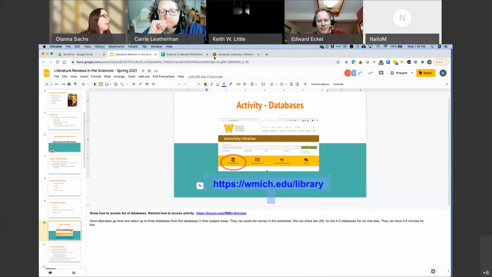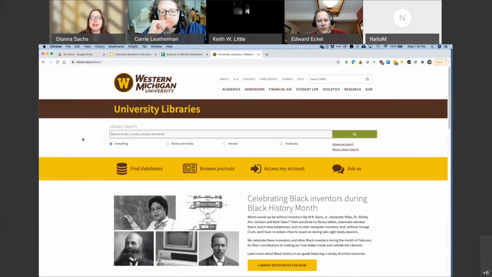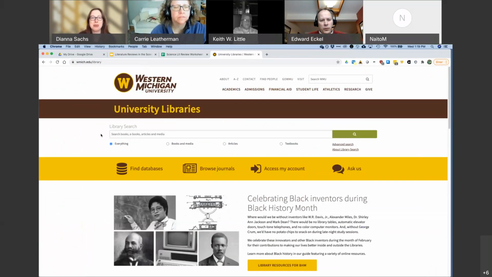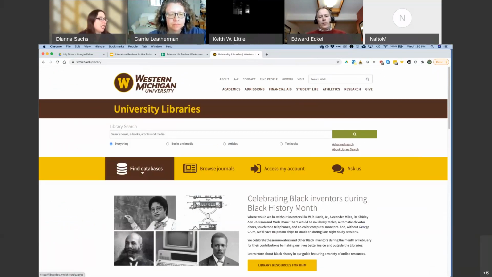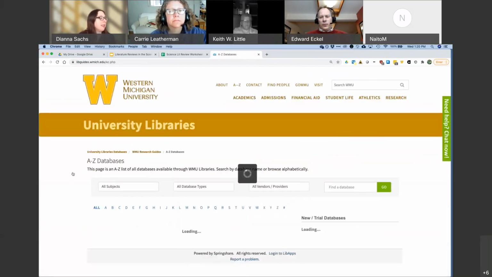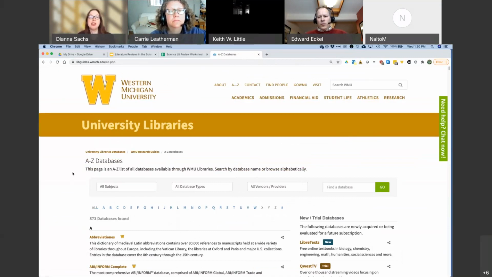The library's main page here, this is the interface that we recommend using to access, of course, all of the library's resources, whether they be interdisciplinary databases or interdisciplinary interfaces like Library Search right here on the main page, or some of the subject specialized databases. So what I'm going to do, and I'm going to ask you to pay attention especially to where I'm clicking right now, because I'm going to have you all do this in a minute. On the main page, there's a link that says Find Databases. It's just after the main search bar for Library Search. So when I click on Find Databases, this takes us to an alphabetical listing of all of the databases that the WMU library subscribes to.